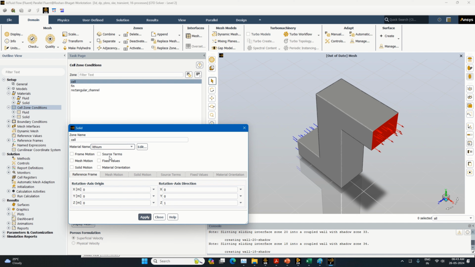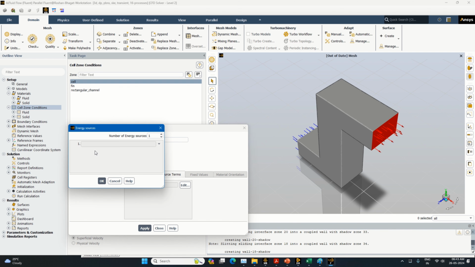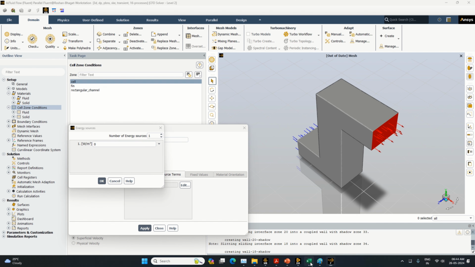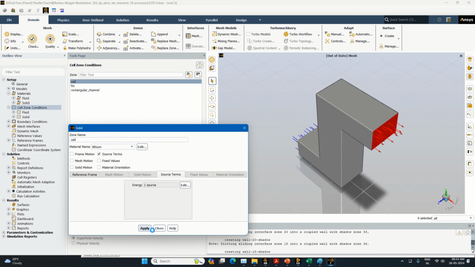I take it lithium, source term, click on edit, make it 1, then take a constant. The value which we are taking is 47579, so 47579, make it OK, make it apply and